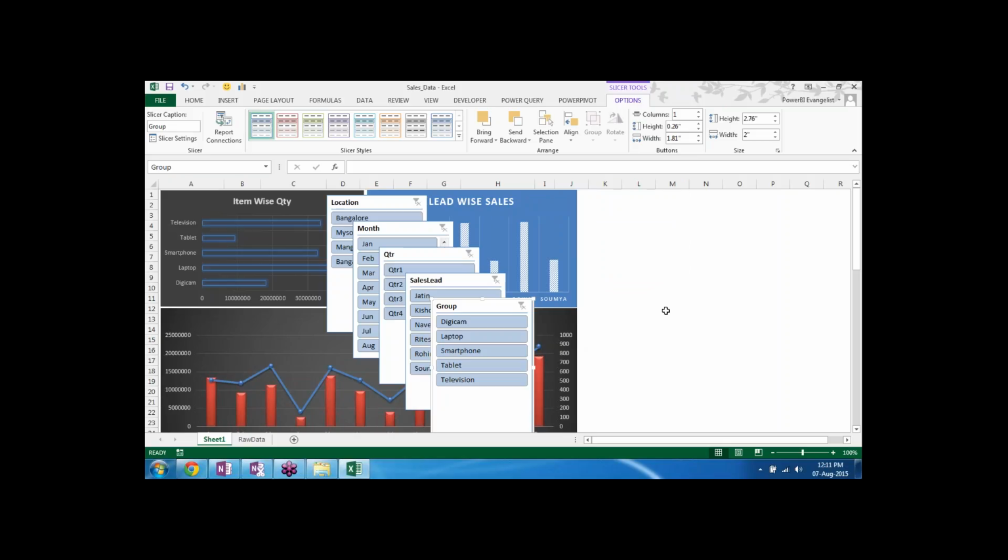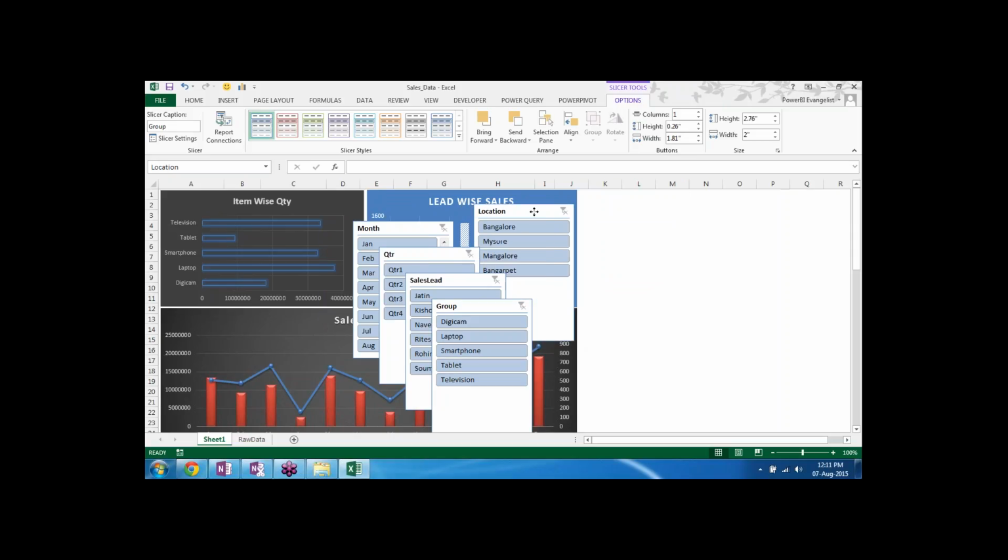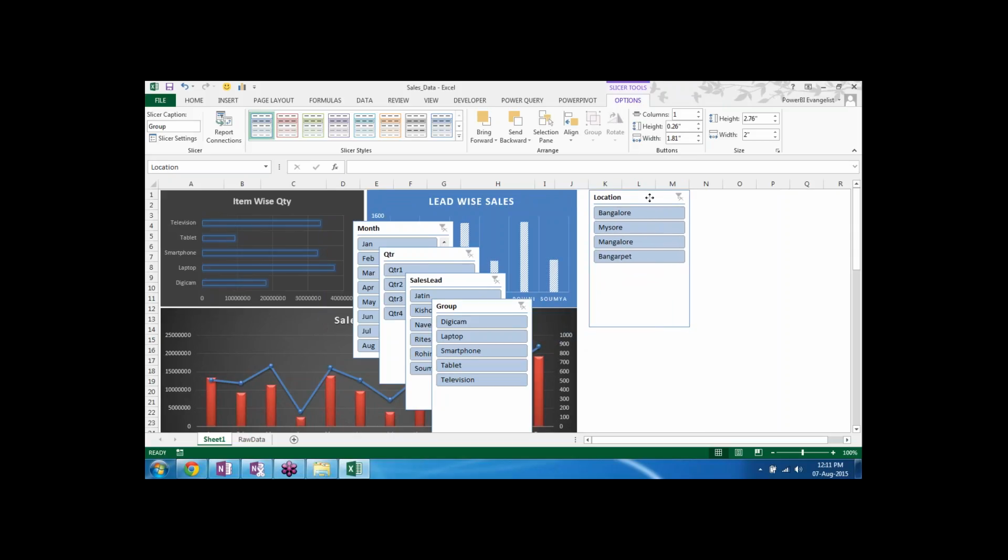Now, what we are looking for. First of all, we have to arrange them. So let's arrange them. We need some space. So it has come like this. Now I'm not happy with the positioning. See Bangalore, Mysore, Bangalore, they have taken only half of the space, but still it is using the full space. So what you can do, we can click there and do some modification in the design pattern of the slicers. We simply click there and put it like this